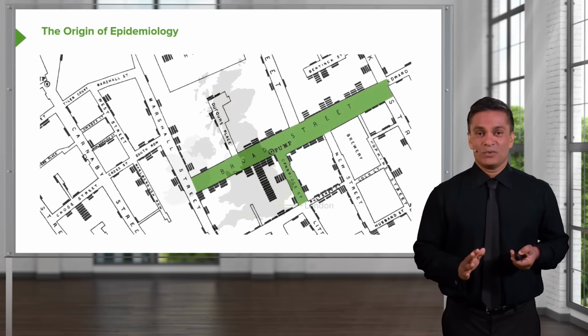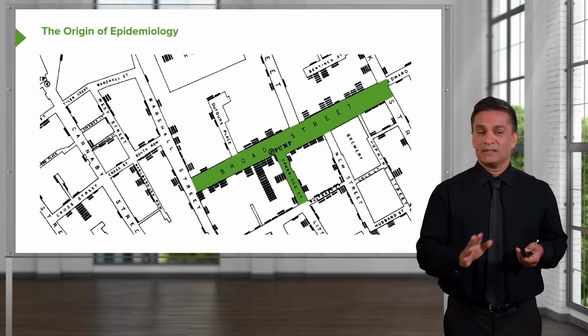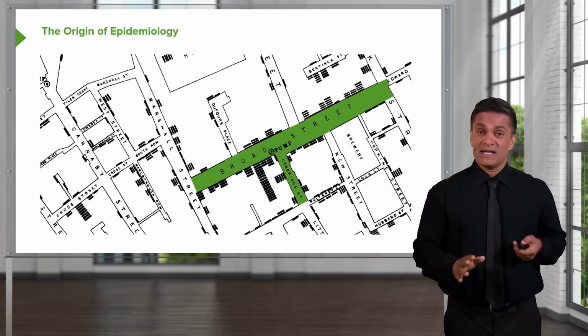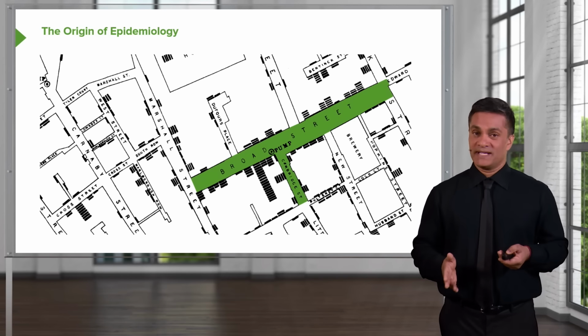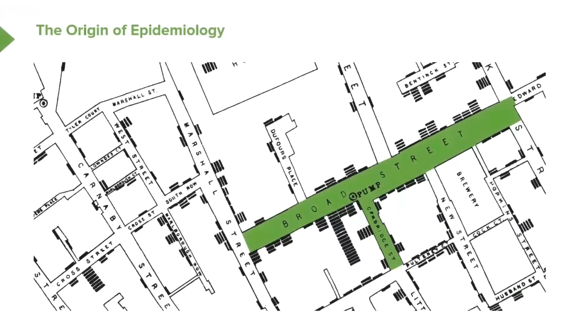So what he did was he figured out that back in London in the 19th century, several neighborhoods were being served by water pumping stations. And he reasoned that probably cholera was waterborne. And he took the time to figure out which pumping stations were providing what water to what neighborhoods. His investigation led him to conclude that one particular pump, the Broad Street pump, was likely responsible for most of the cholera outbreaks in that city.